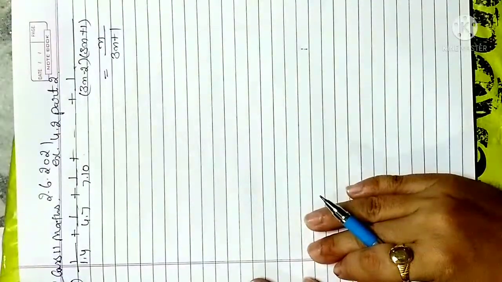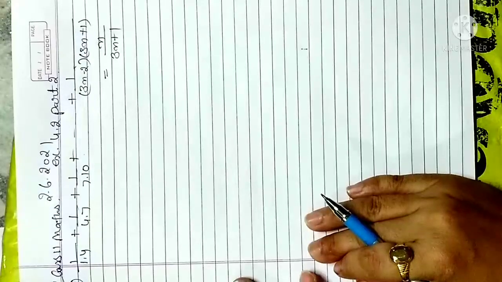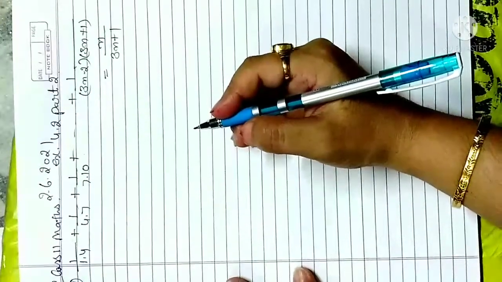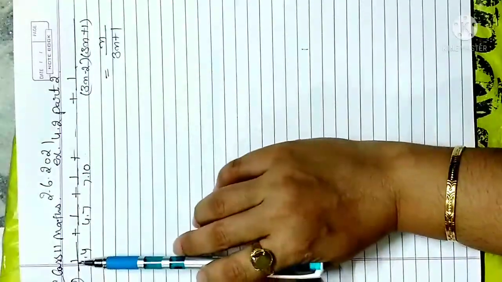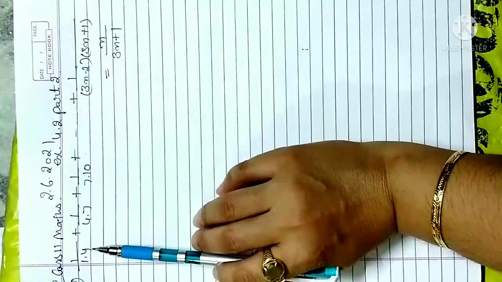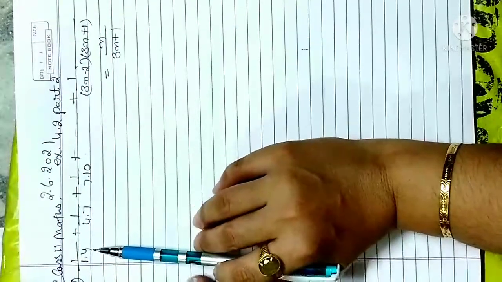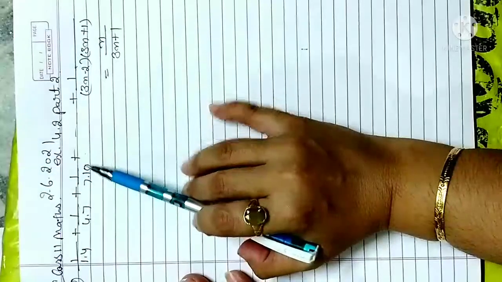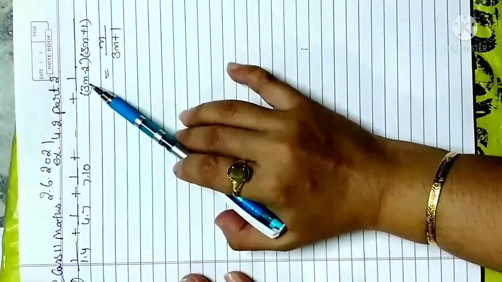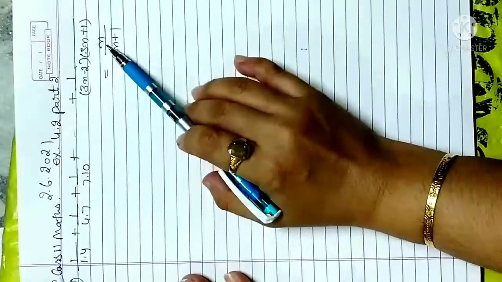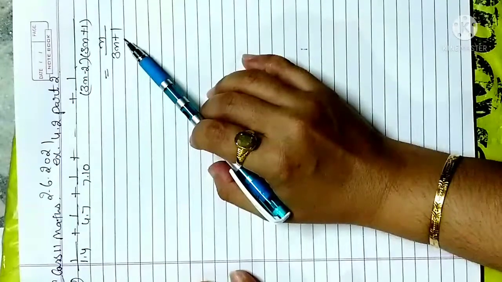So today we will discuss further questions of exercise 4.1, that is principle of mathematical induction. Here we will discuss some bigger questions. How to prove by mathematical induction if I have a series 1 by 1 multiply 4? If a dot is written, that doesn't mean 1.4, that is 1 multiplied by 4 plus 1 by 4 multiply 7 plus 1 by 7 into 10 plus up to the last term, which is 1 by (3n minus 2)(3n plus 1), is equal to, on the right side, n by 3n plus 1.